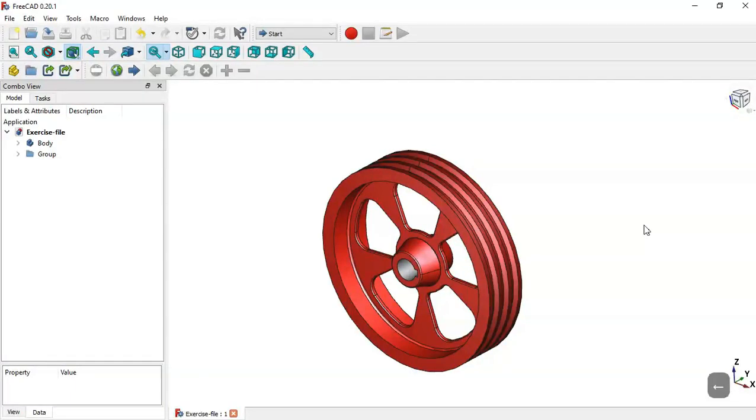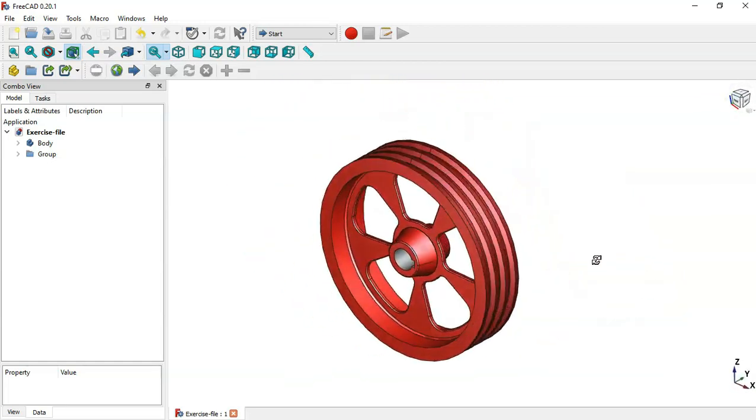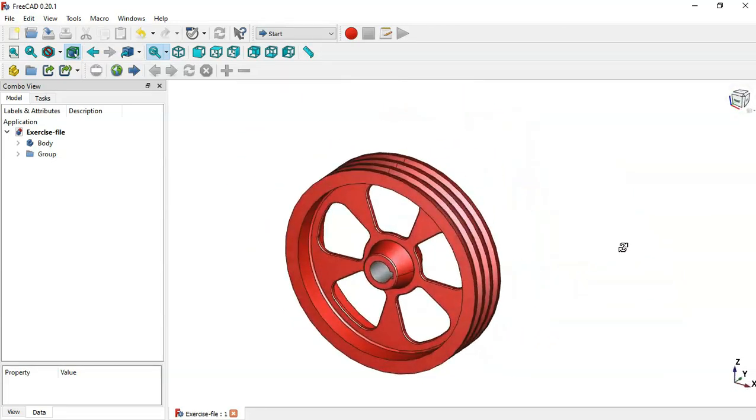Hello and welcome to this tutorial. In this tutorial I will show you how to design this model in FreeCAD. So first, create new file,